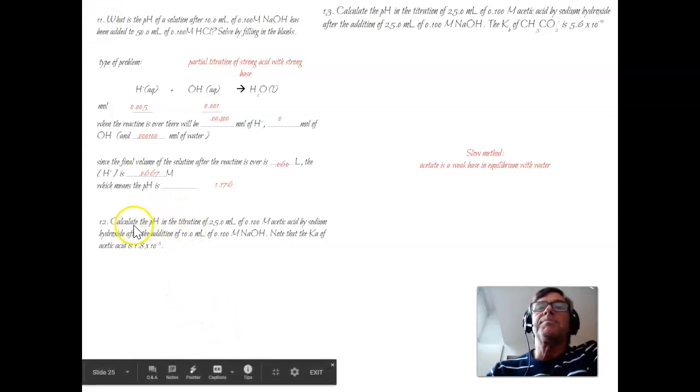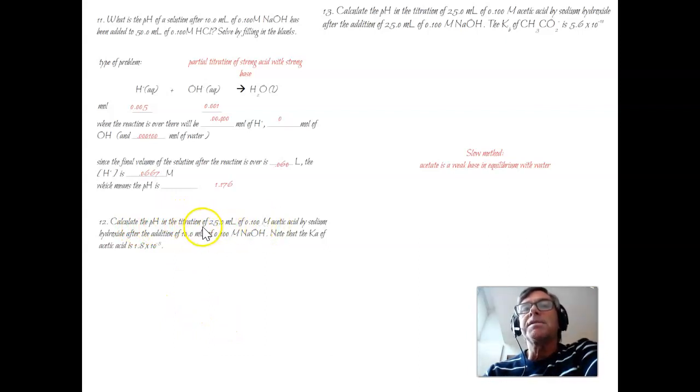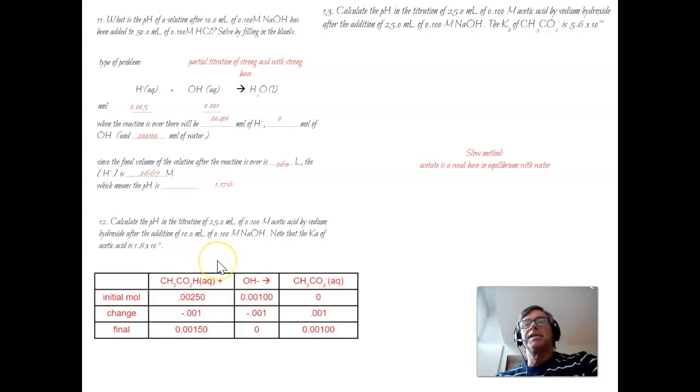Number 12, calculate the pH in the titration of 25 mils of 0.1 molar acetic acid by some sodium hydroxide after how much? Well, you've added 10 mils of the 0.1 molar. That will all react to make sodium acetate, leaving you with the 15 mils of acetic acid unreacted, and they give you the Ka of it. We need to find out the pH. It's kind of like a limiting reactant problem. We'll see what's in the flask when everything's done,